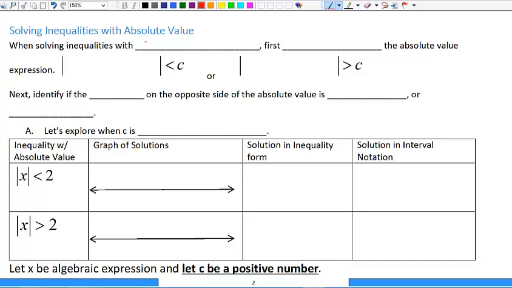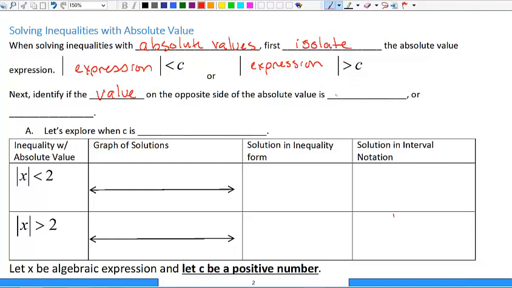Next, we're going to talk about solving inequalities with absolute values. So when solving inequalities with absolute values, first we need to isolate the absolute value expression. So I want whatever your expression is inside the bars to be all by themselves, is less than C, or your expression is greater than C. So next I need you to identify